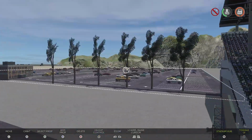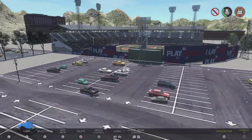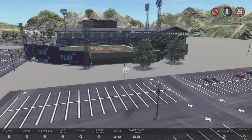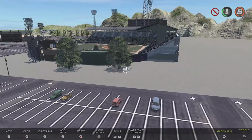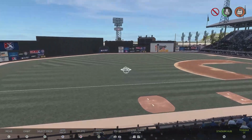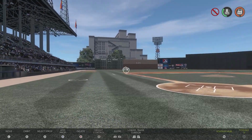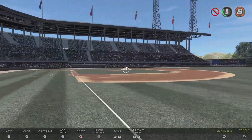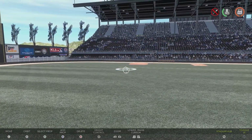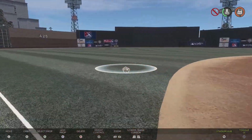So hey, I didn't want to go too in-depth with the stadium just because I think it's a relative unknown stadium to a lot of people, outside of older Canadian baseball fans anyway. I never heard of this stadium before. I've heard of the Maple Leaf Gardens, where they play hockey and everything, but I never knew they had a Maple Leaf baseball stadium like this. I don't know, I just never looked into it. I haven't really done a lot of research on minor league teams, but